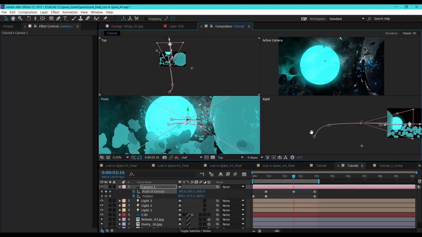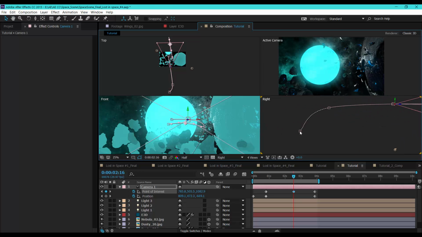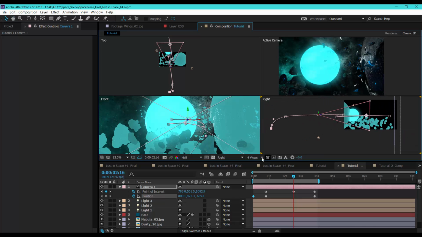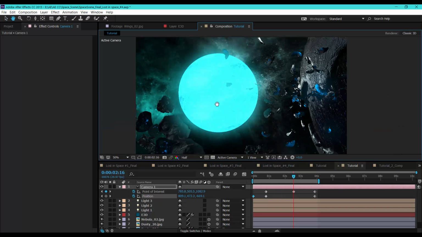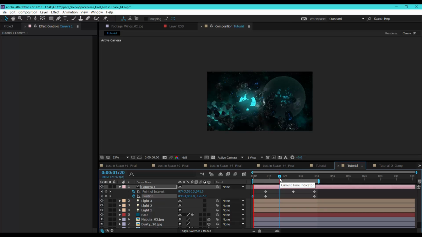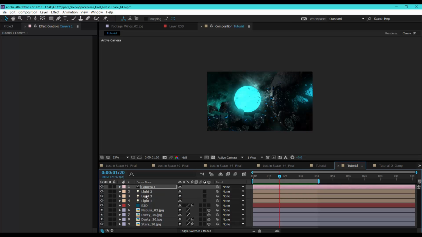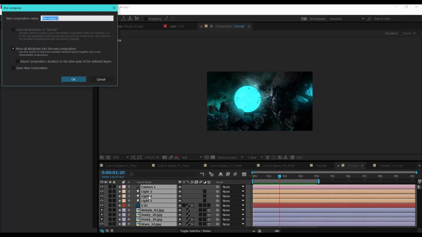So you can check your camera curves in every position. Okay, let's go back to the first view, and let's play this back again. Okay, so now let's select all these layers, and let's pre-compose them, and let's name it tutorial comp.